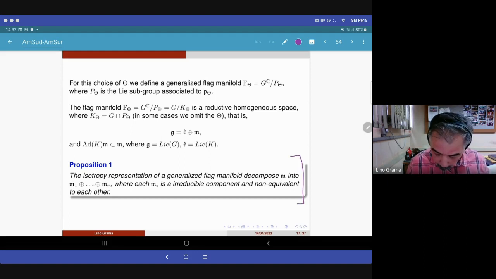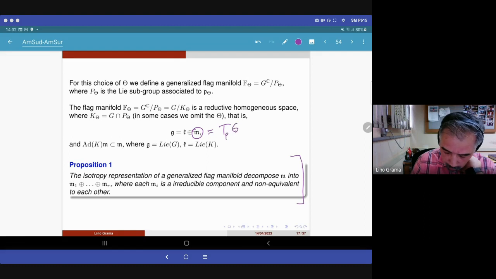This is an important feature. Here is the isotropy representation of a generalized flag manifold. Recall this M will be identified with the tangent space at the origin of this homogeneous space, and